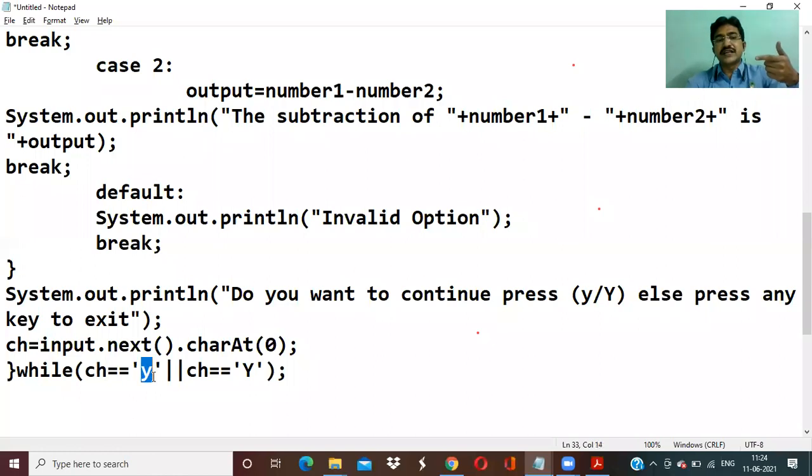If you press other than small y and capital Y, it will come out of the loop. Come out of the loop means come out of that block. So end of the main, end of the class.